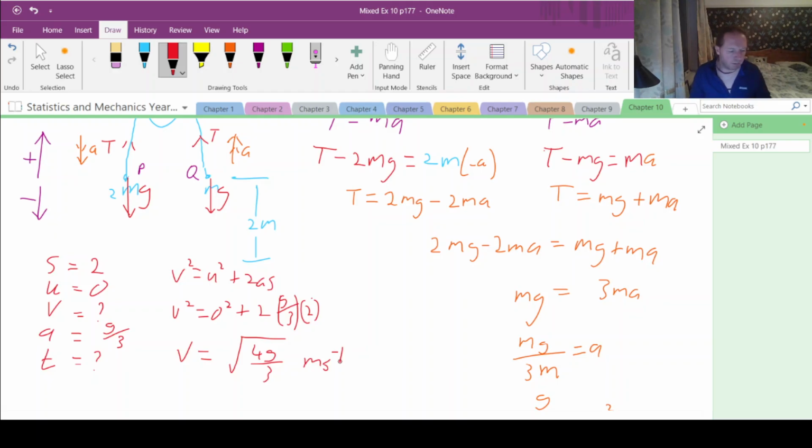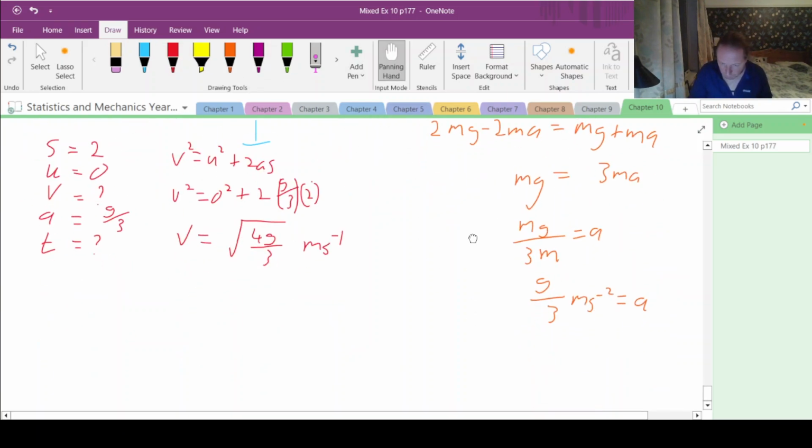I wonder if they want that as a decimal. Did they want it as a decimal? Did they say anything in there? Quickly do a decimal because we are doing mechanics. Okay, so I should probably do a decimal for the g over 3 as well. So 9.8 divided by 3 for that one should have been